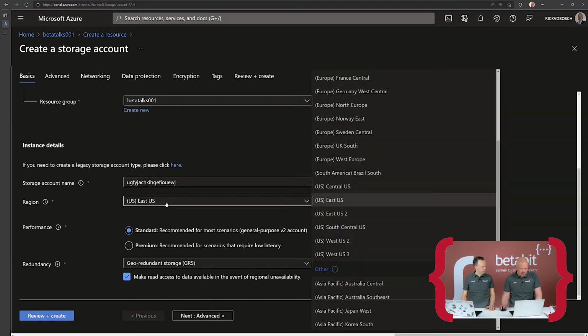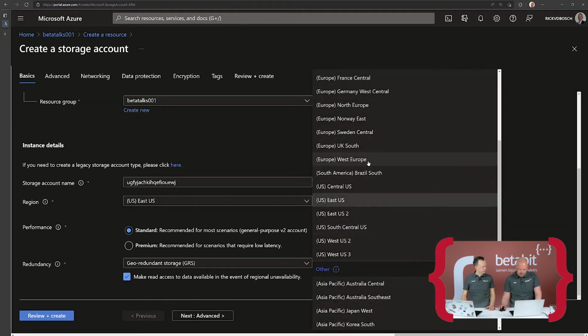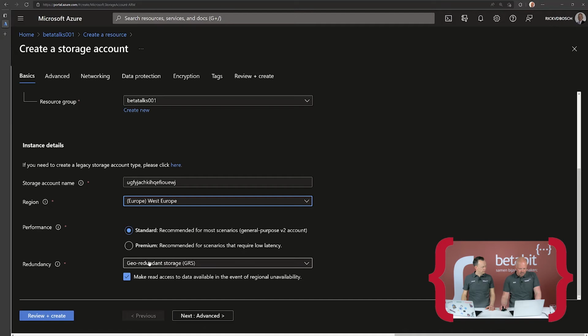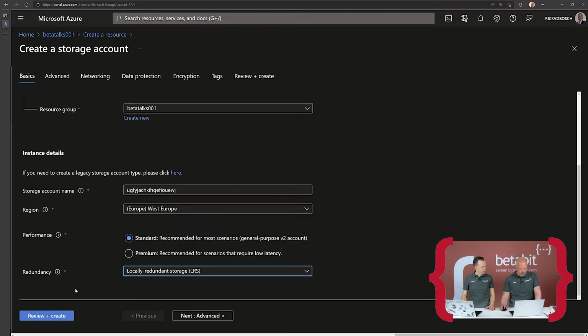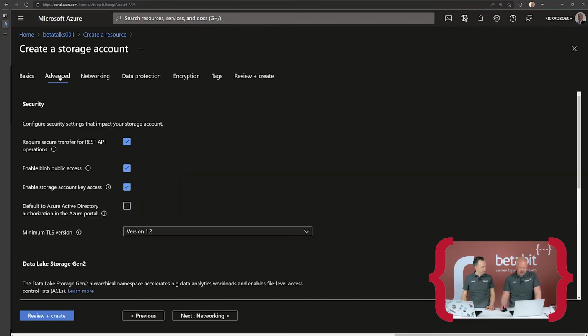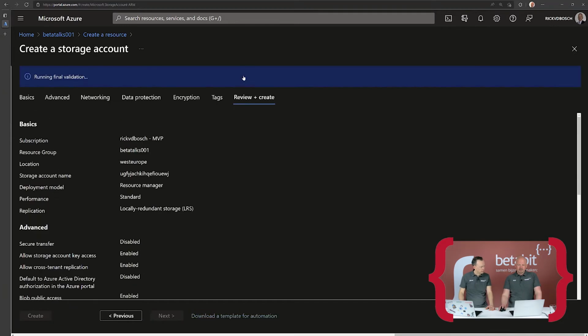That looks kind of good. I'll go West Europe. I'll go standard LRS. And then on advanced, of course, here's the check mark for the HTTPS only traffic. I can still unclick this. Furthermore, I can even go to review and create, and the review step actually says that there is